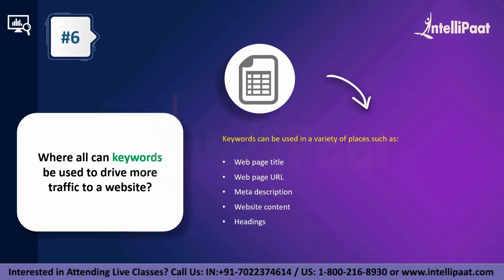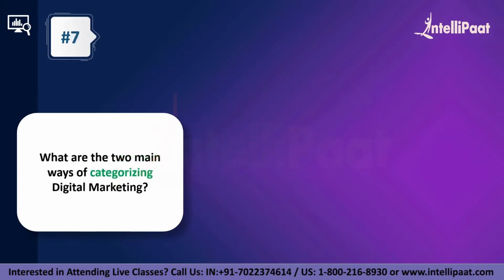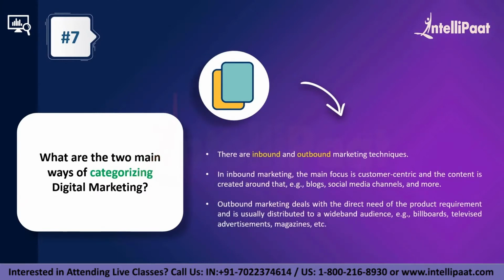So coming to question number 7, it states, what are the 2 main ways of categorizing digital marketing? The 2 most important ways that we talk about marketing and digital marketing is inbound marketing and outbound marketing. See, inbound marketing is completely based on the customer, right? So you have a customer, or you have a set of customers that you're catering to. So you'll write blogs for that, you'll create social media channels, you'll talk about your product there, and you will just keep the entire scope, the entire focus on your customer and work on what's required to get your product